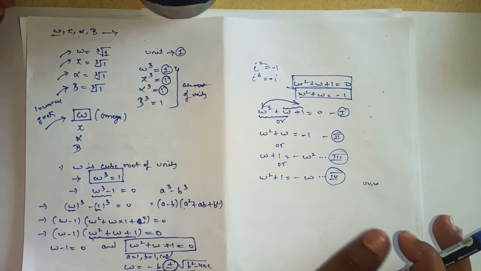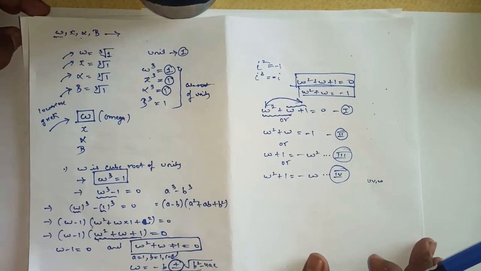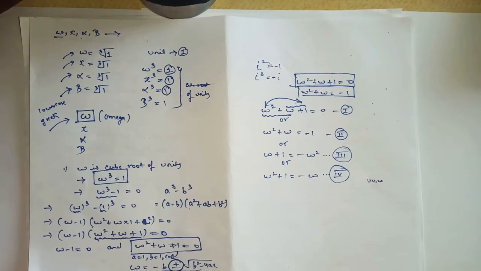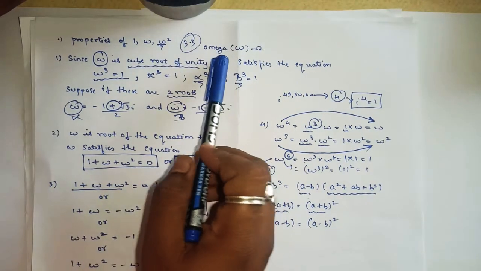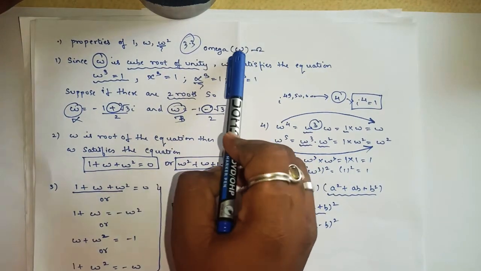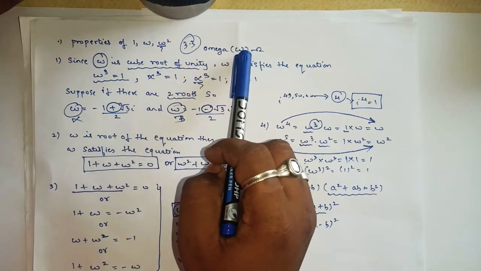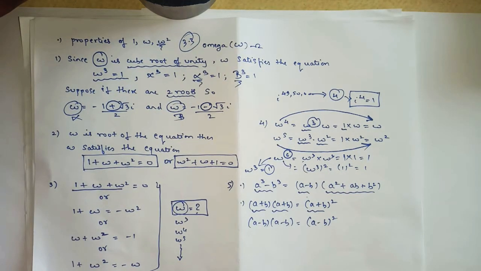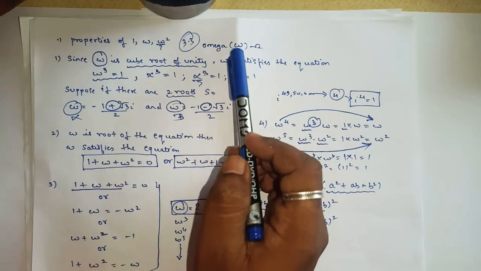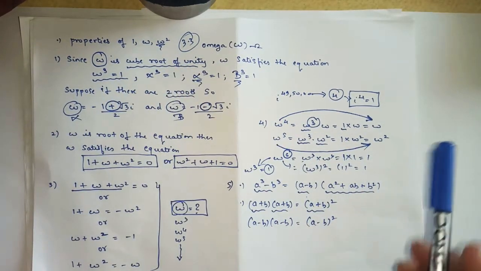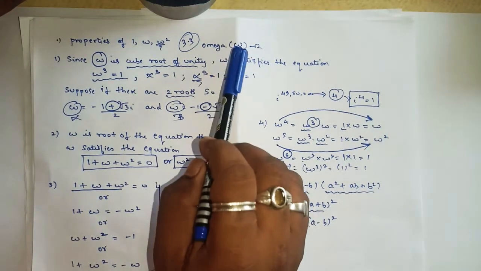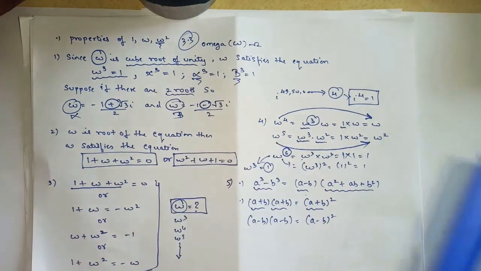Hello students, as in the last lecture, we started with the concept based on exercise number 3.3, where we saw the properties based on omega. As I told, this symbol looks like W, but actually it is not W, it is known as omega. It is a Greek letter, a lowercase Greek letter. And as I told, the majority of the sums in the exercise are based on the symbol omega.